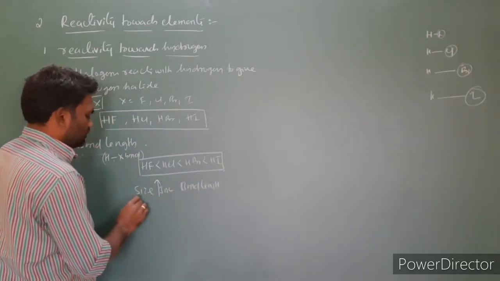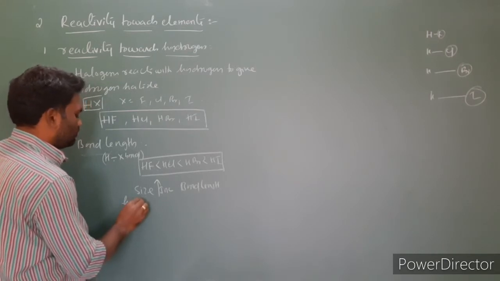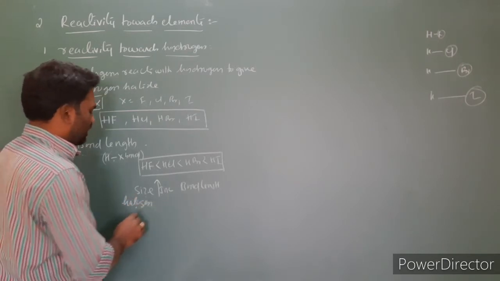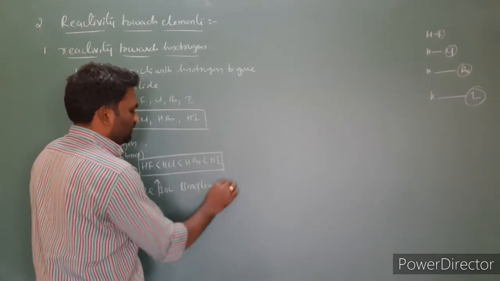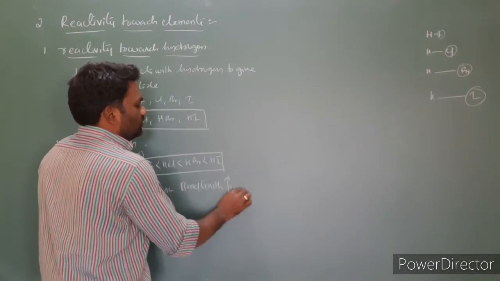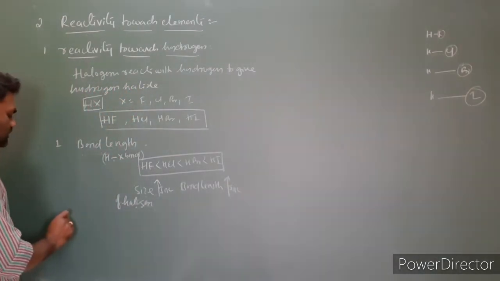Size of atom: the size of halogen increases, bond length increases. The size increases, bond length increases. This is the first one. The second one is